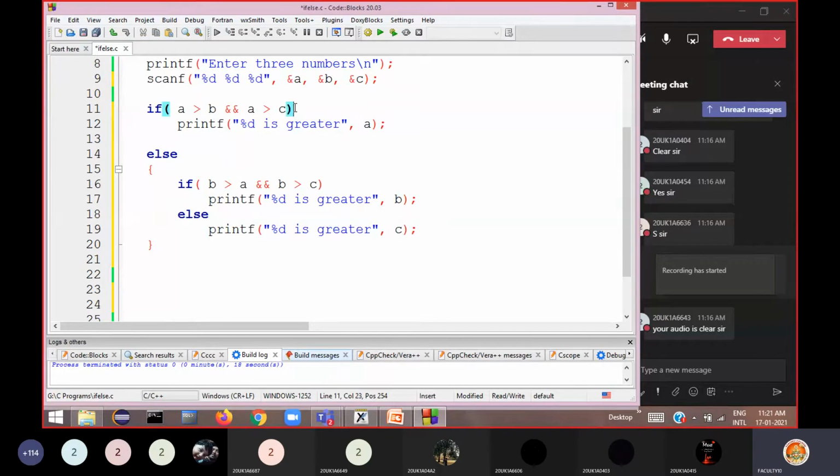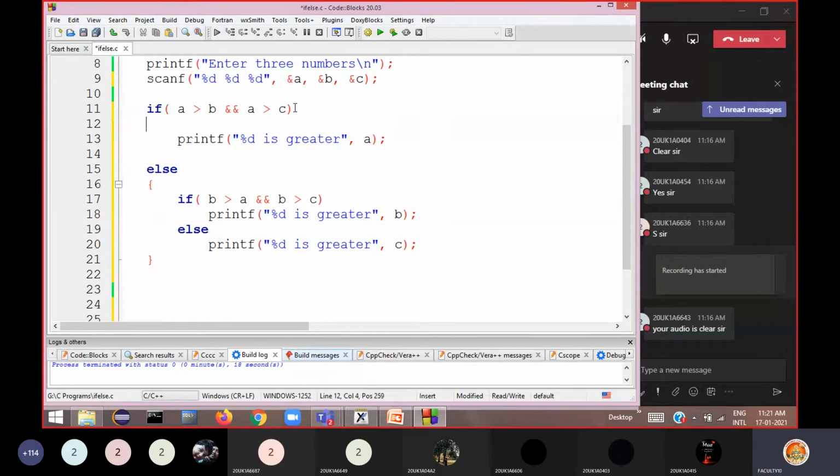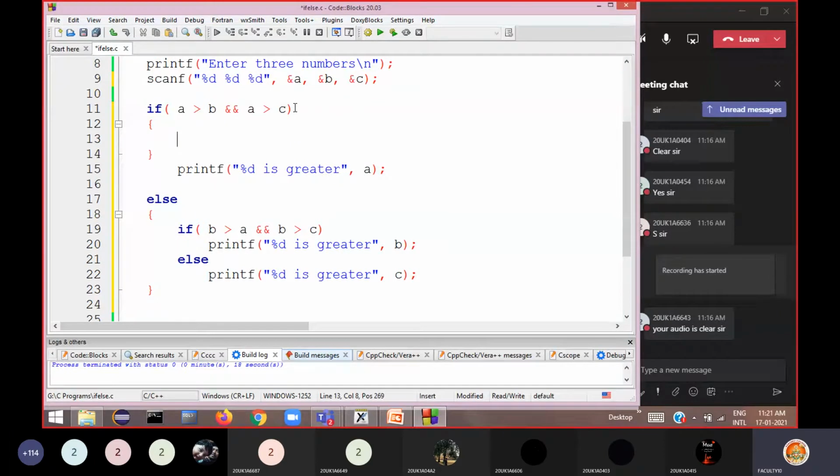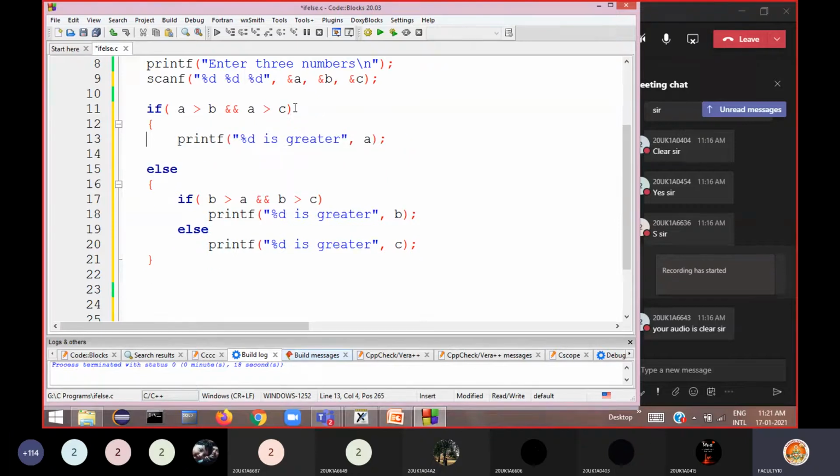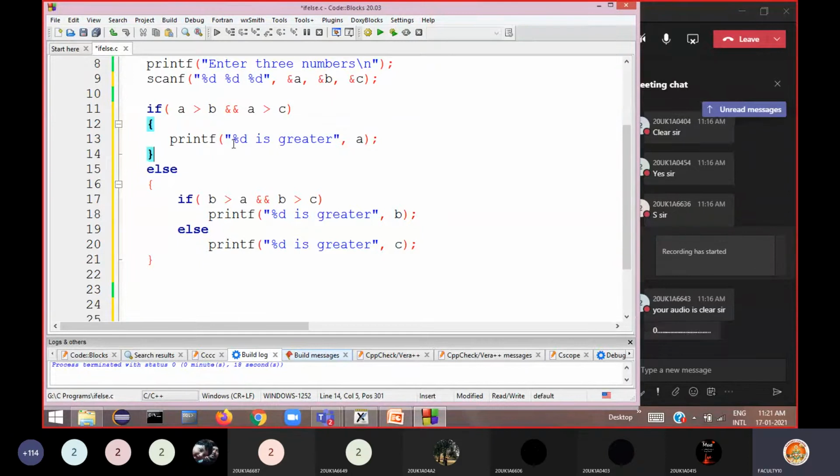When there is only one statement to be executed, I told no need to write braces. If you write braces here, nothing wrong. There is no wrong in that. Okay. So still it is correct. This way also we can write. Still it is correct. Okay. But what happens means